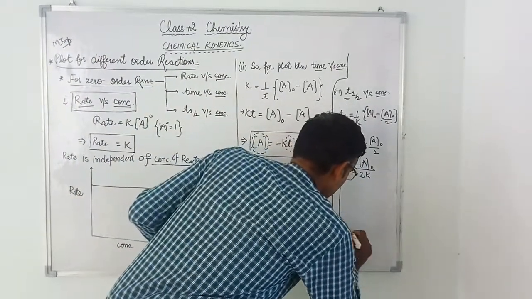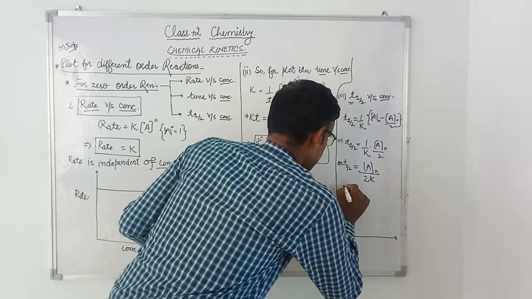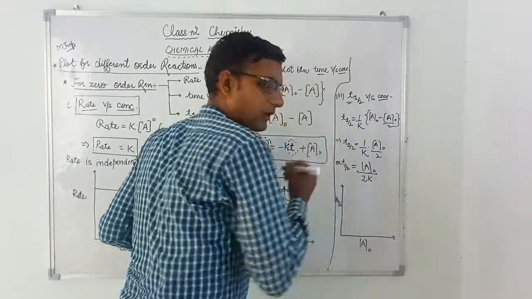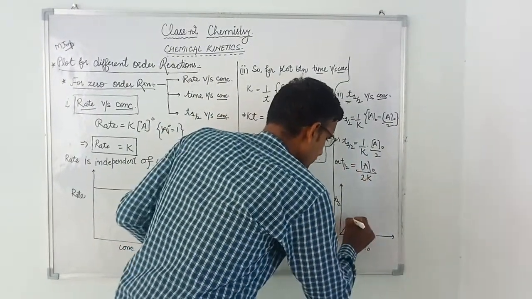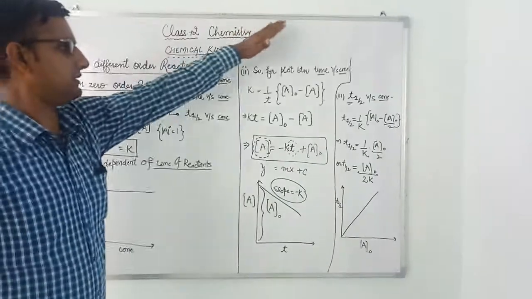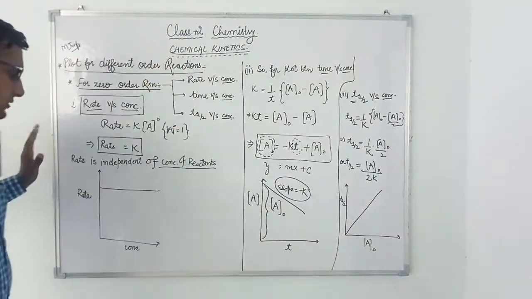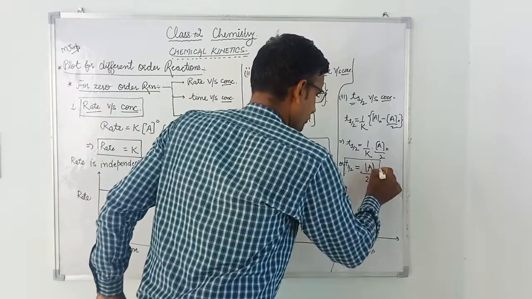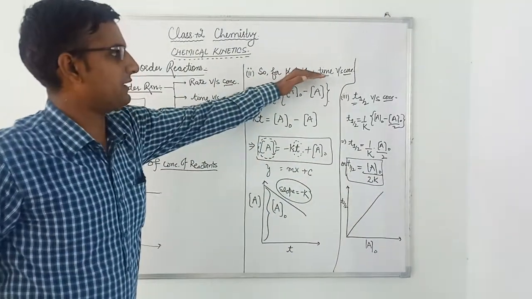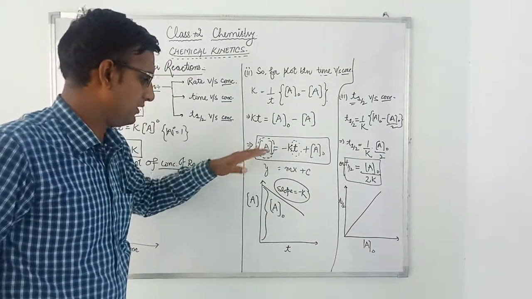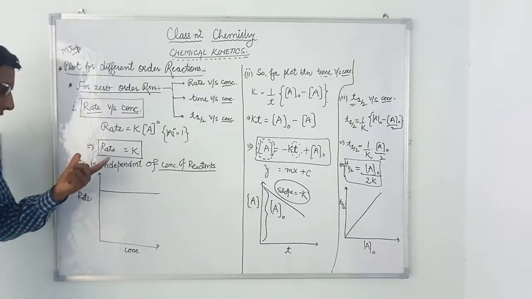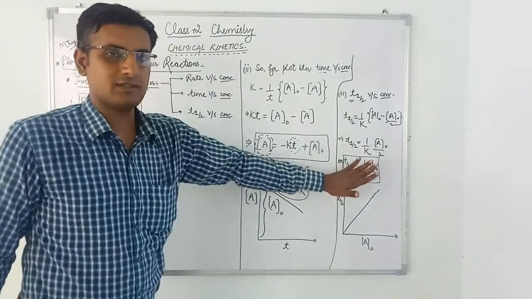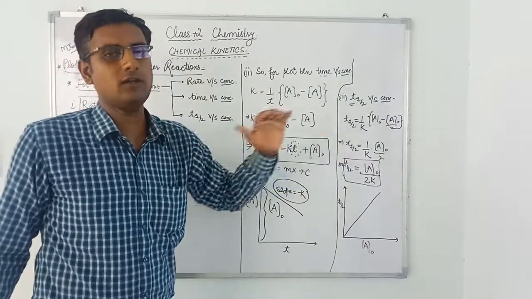So if we are going to plot a graph between t half and A naught, we get the following graph, that is, it is a straight line. So students, this is the most important part. Three plots we have done on the basis of various equations. For t half we use this equation. For plot between time versus concentration, t versus A, we use this equation, and for rate versus concentration, we use this equation. This is the most important part which I have discussed according to the paper point of view and according to the competition point of view.